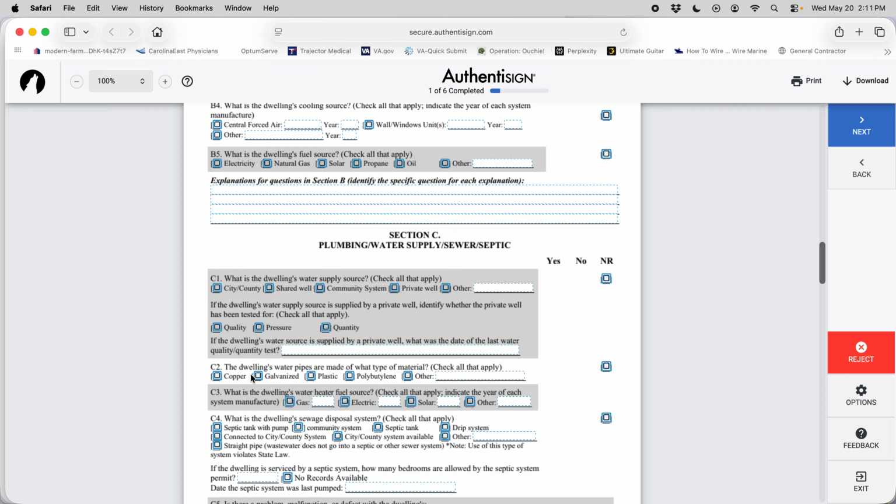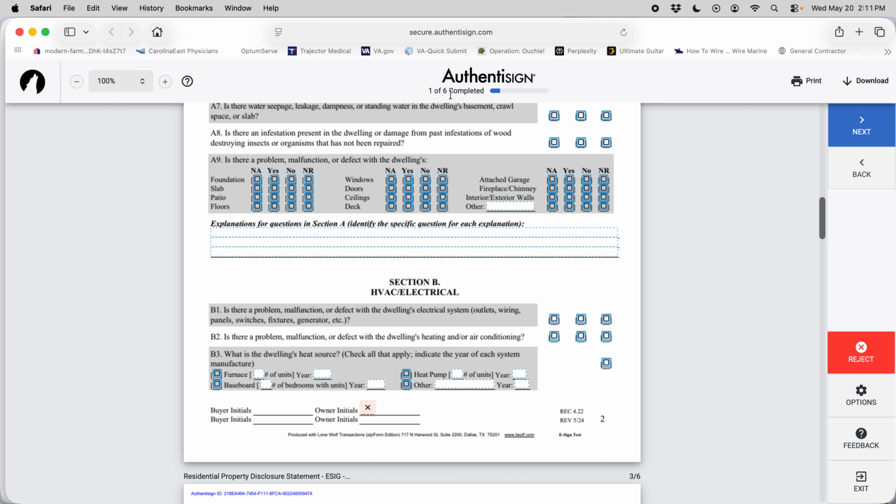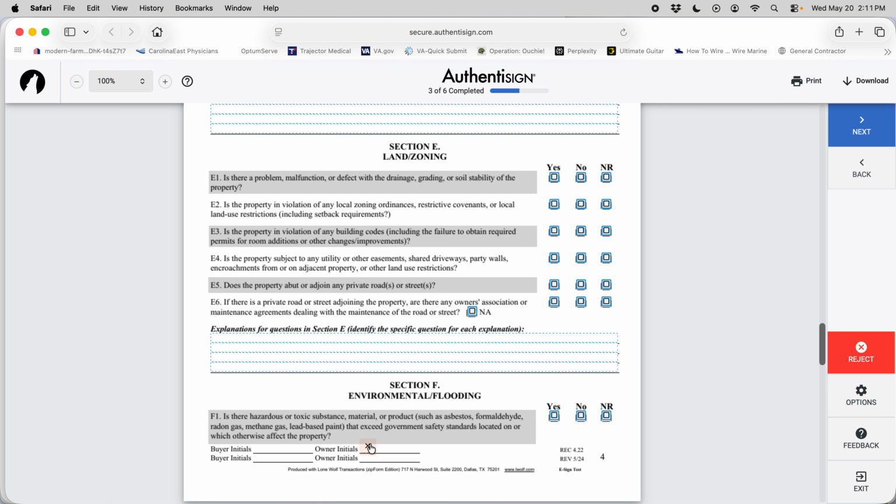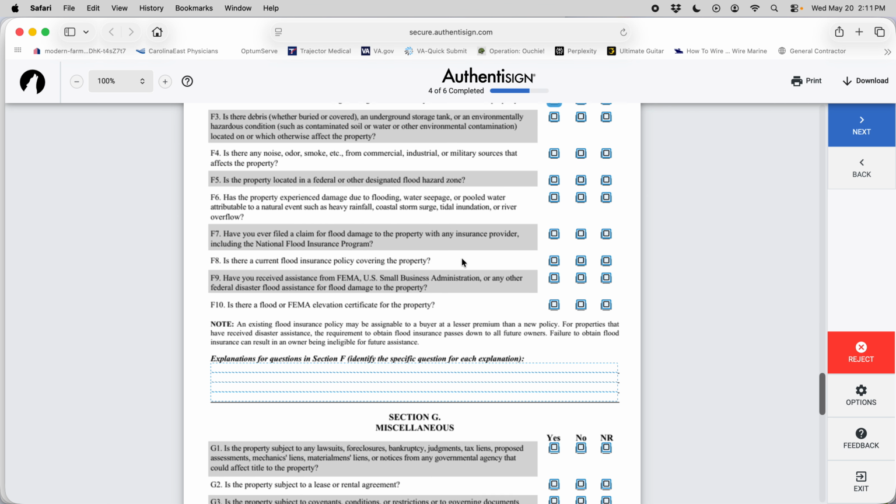And I know it's a lot. And then up at the top, going back to the 1 of 6 complete, it's saying 1 of 6 because the first one was up here where I clicked on that to add initials. So now if you see here, when I click on this one and I add those initials, it's telling me there's 2 of 6 complete, right? So just make sure that you answer all the questions, and then you get all of these blocks initialed or signed. So there's 4 of 6,